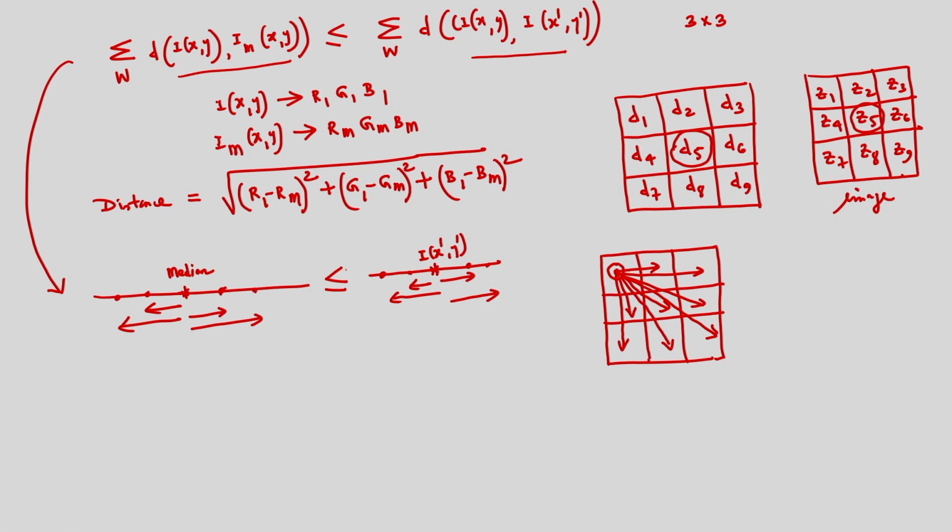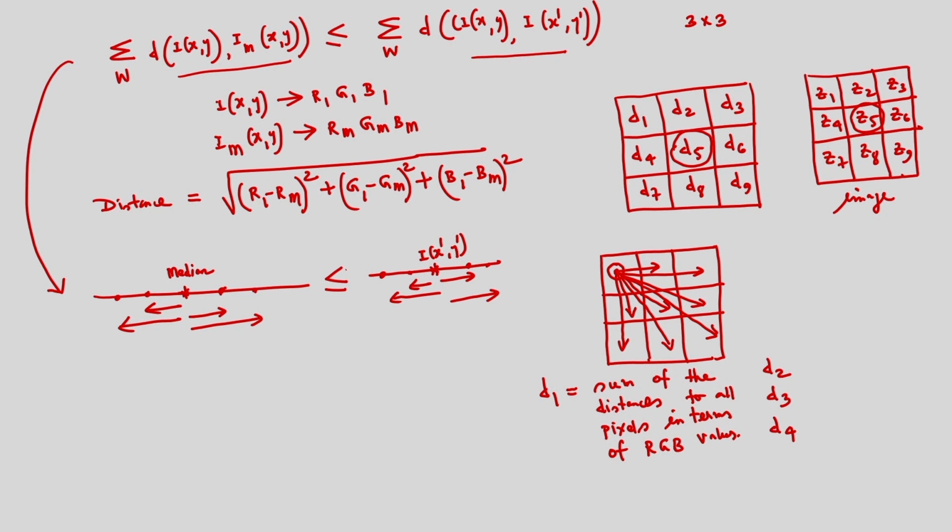So, I can write D1 is nothing but the sum of the distances to all pixels in terms of RGB values. So this is the distance. The distance is the sum of the distances. All the distances I have to sum up to all the pixels, because I am determining the distances to all the pixels, and distances in terms of RGB value. So that is the meaning of D1. Similarly, I can calculate D2, D3. So all the distances I can calculate.